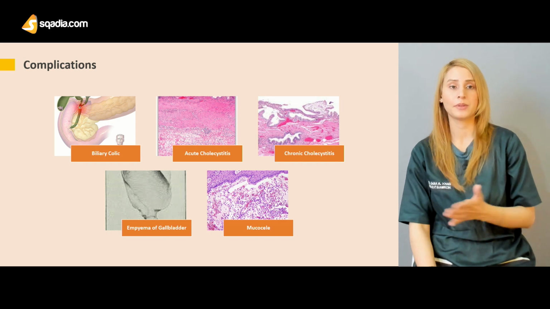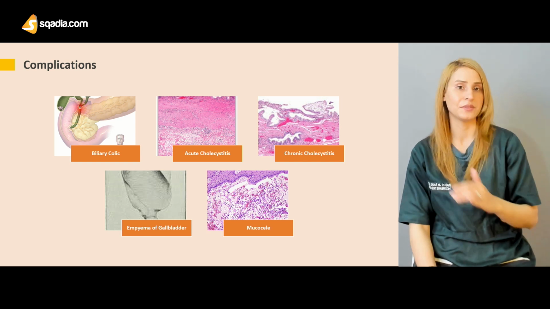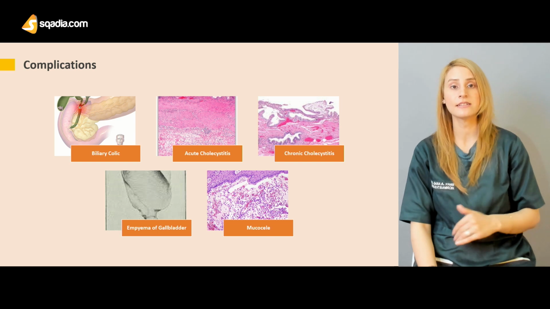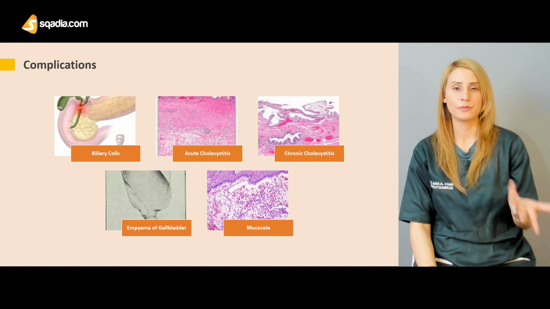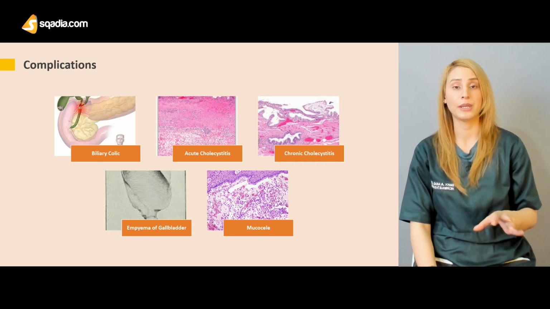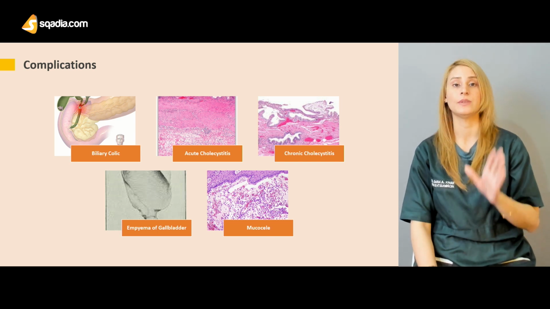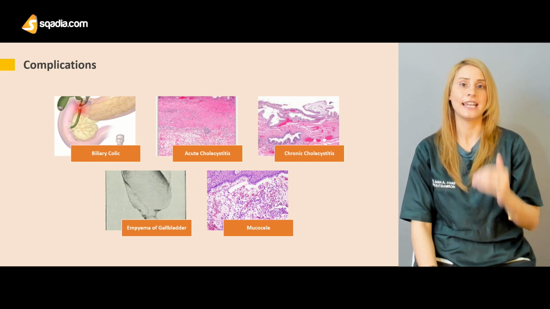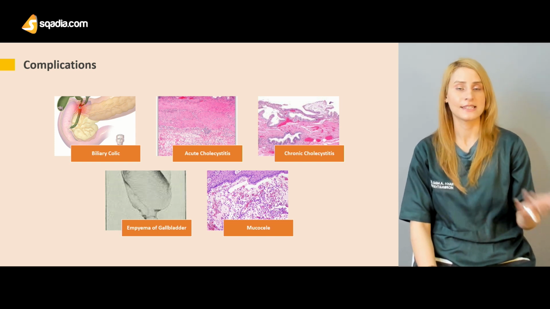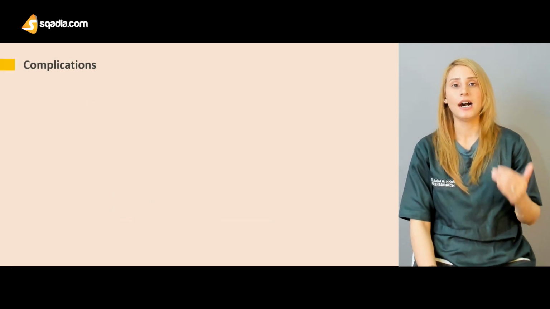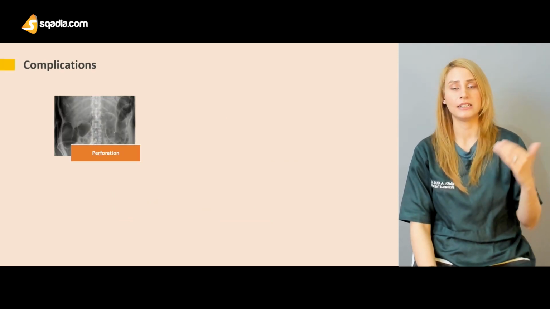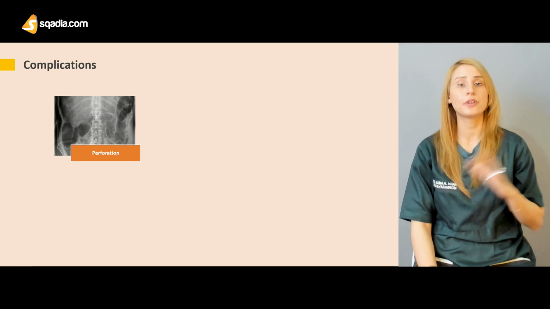But other conditions like biliary colic, acute cholecystitis, and chronic cholecystitis can be the normal clinical presentation in almost 10 to 15% of patients, because 80% of patients with gallstones are actually asymptomatic, and it's just an incidental finding. Other complications that can occur because of cholelithiasis include perforation of the